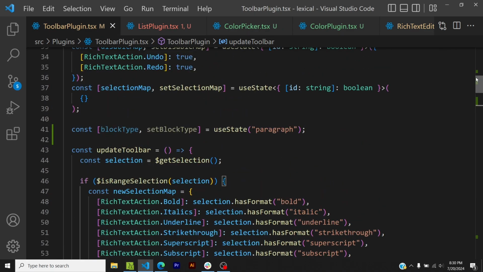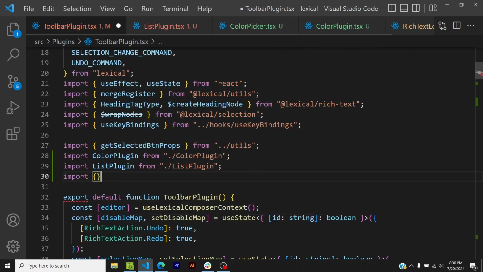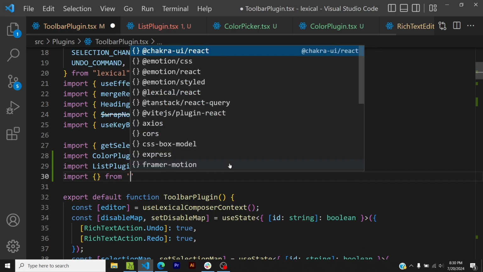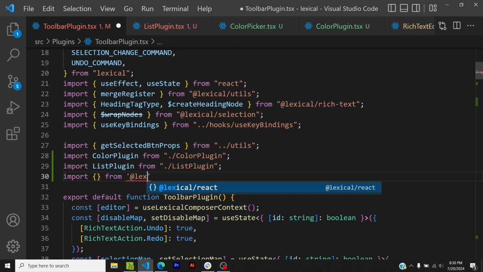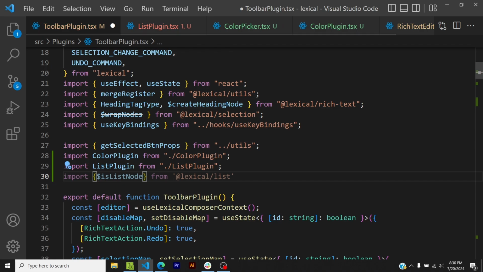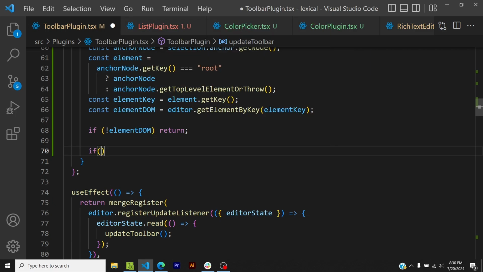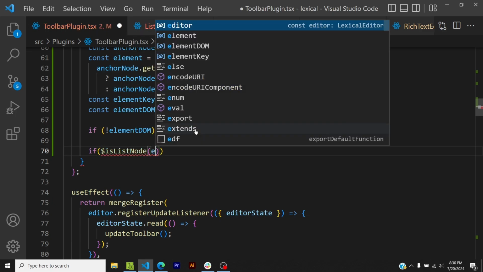So I will go here and I'll import a util. So import from lexical list, is list node. So this would basically tell if I'm in a list or not. So if is list node element,